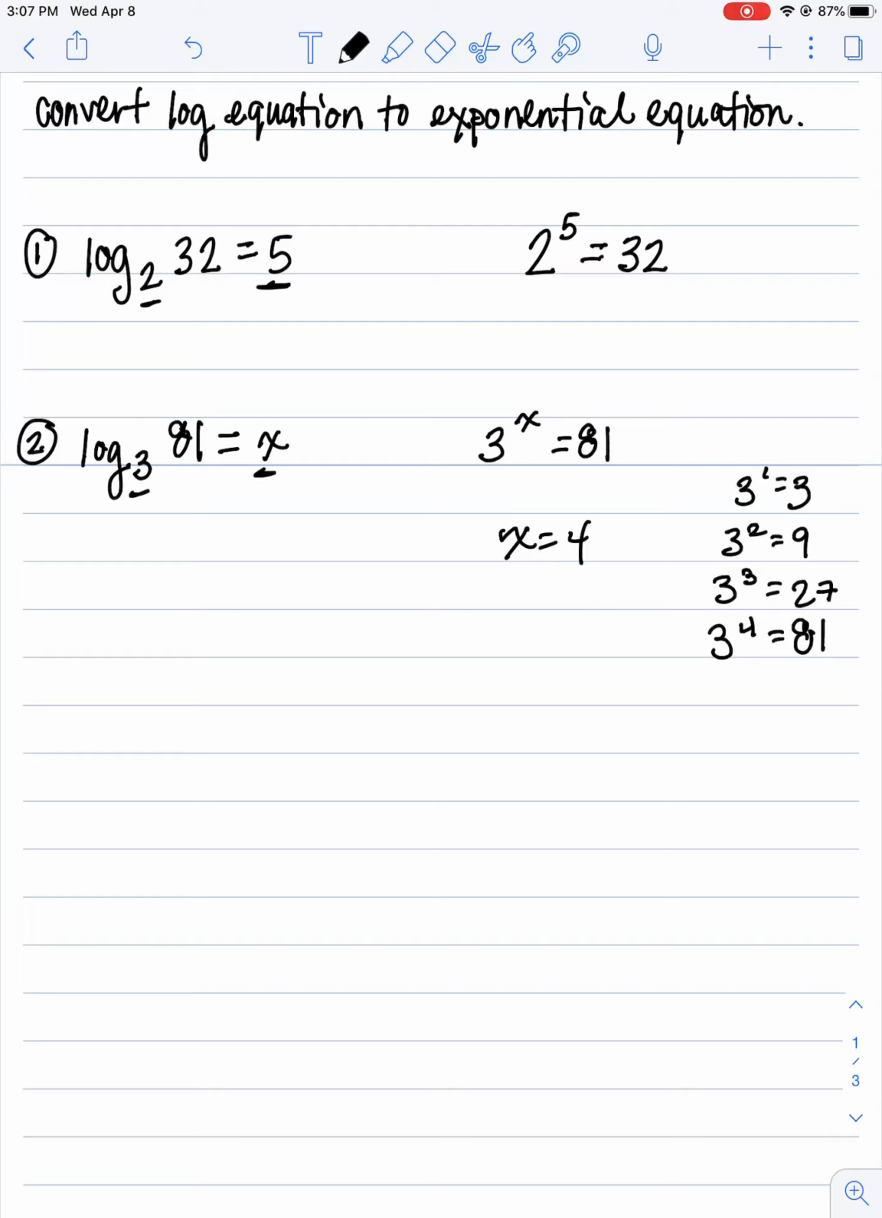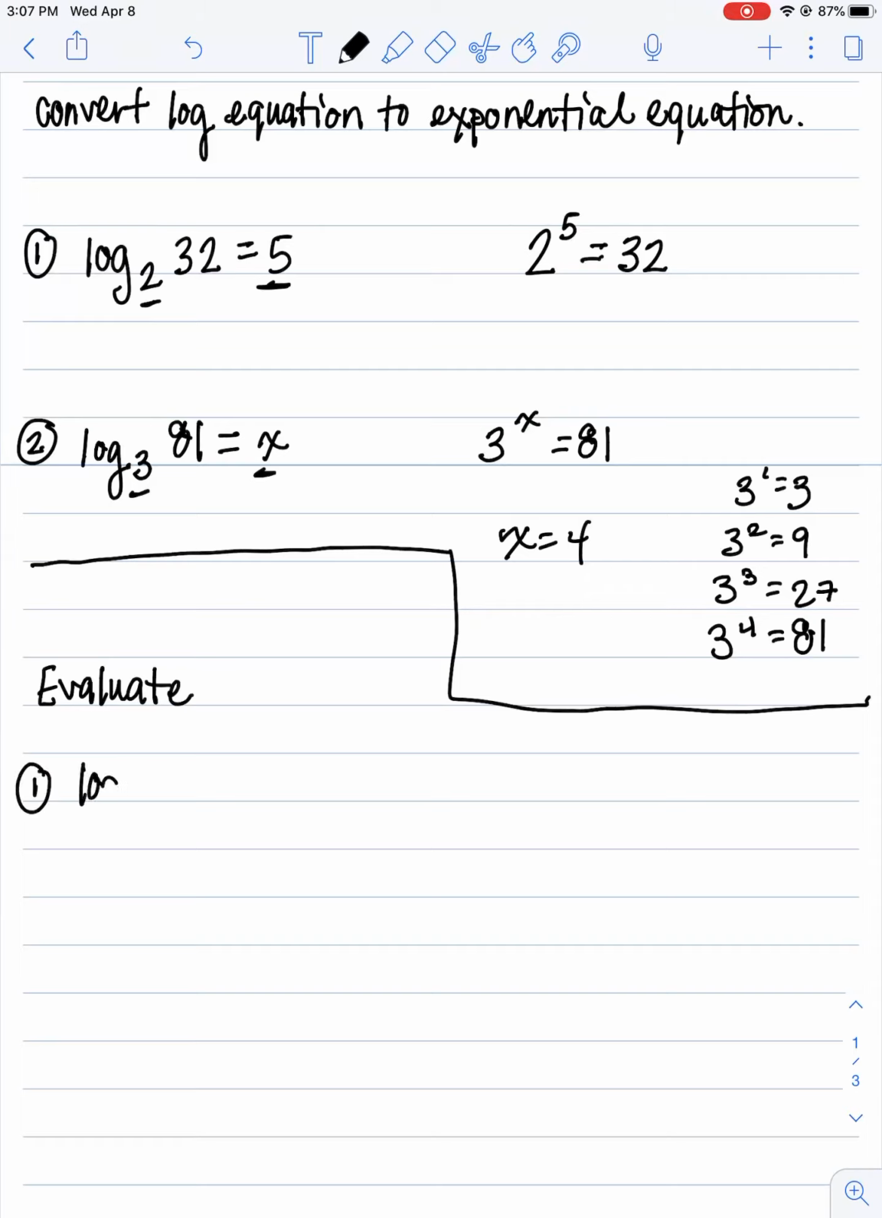And so let me go on and show you exactly what MyMathLab is going to ask. Those were several examples of going back and forth from exponential to logarithmic or from logarithmic to exponential. But sometimes MyMathLab is going to ask you to evaluate a log. So evaluate,